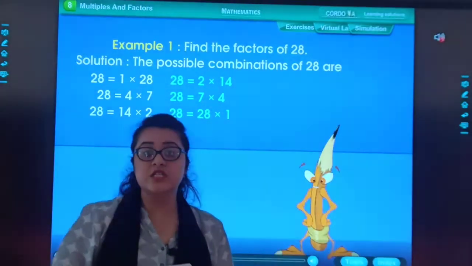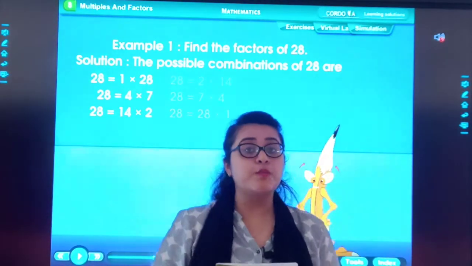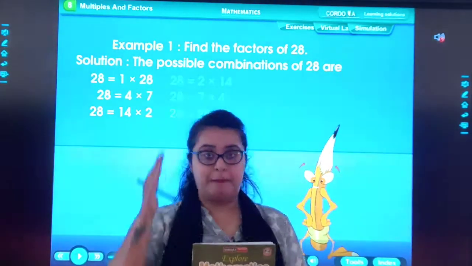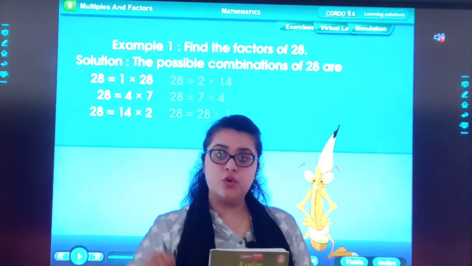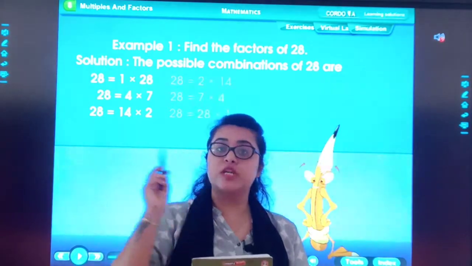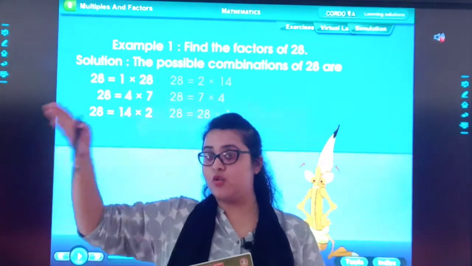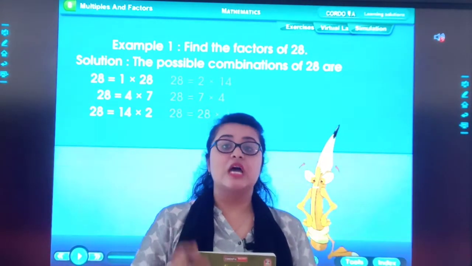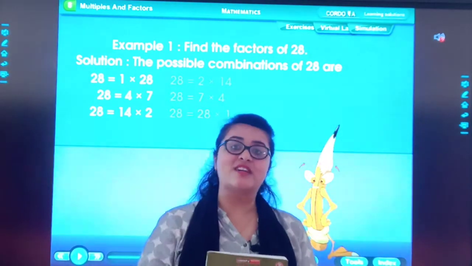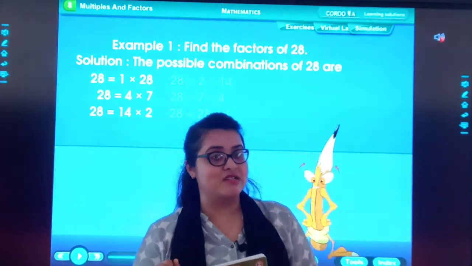Students, you just saw what happened. First, the little boy was supposed to arrange that 10 beads in different ways. So he arranged 1 row, 10 column. 2 into 5, remember 2 rows, 5 columns, 10 rows. So students, in this way he arranged. Arrange करना that means हम factors find कर रहे हैं. मैं उस 10 को किस तरीके से arrange कर सकती हूँ.